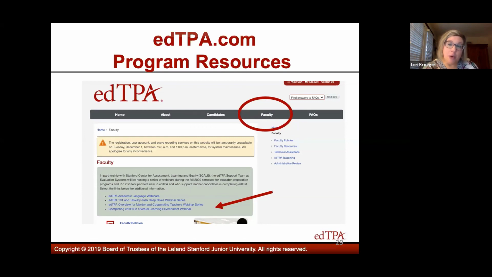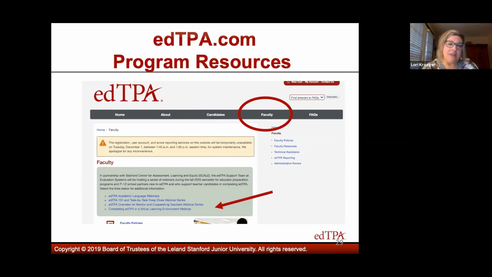But I wanted to point out one place on here that I want you to know about. It's a great place for you to look for resources, and that's under the faculty tab. I know it's very EPP-driven language, but the faculty tab should probably read programs, right? It's really meant for programs.